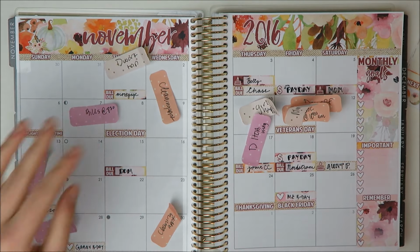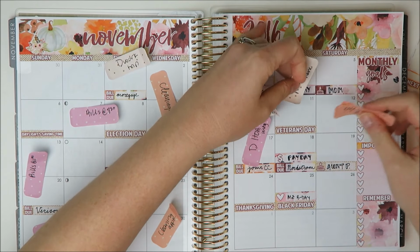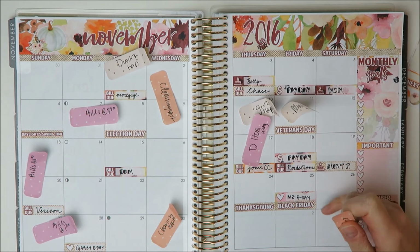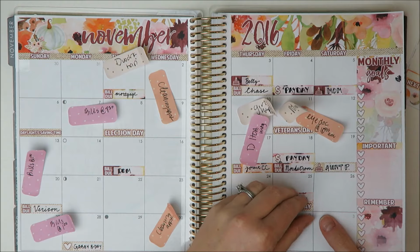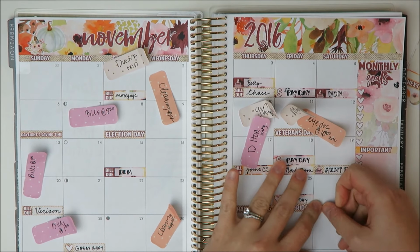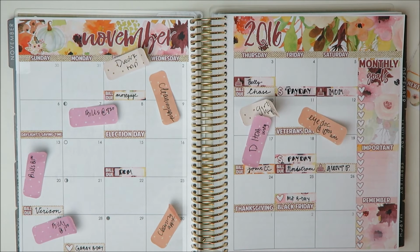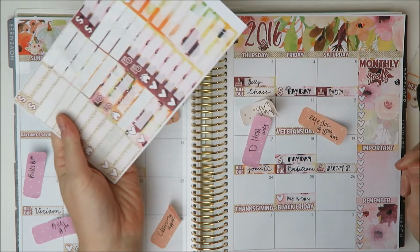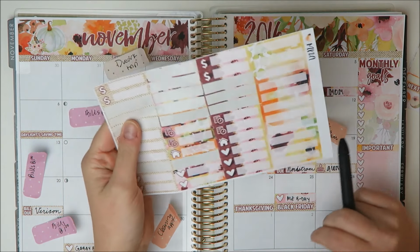Okay, and so next I'm gonna just keep going with kind of the appointments. Those are on like the orange flags. I do have a few days off that I marked down, and I don't feel like I need to mark down Black Friday because it's already kind of marked, but I am taking Veterans Day off even though I don't normally get it off because I have family visiting, and then I actually have a doctor's appointment in the morning,